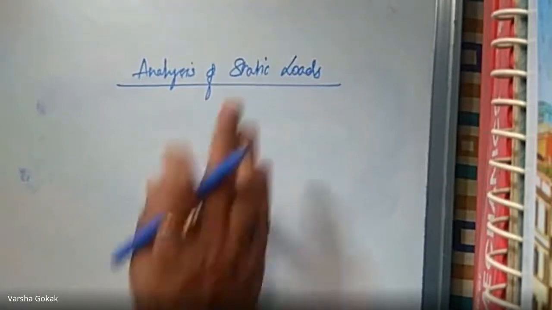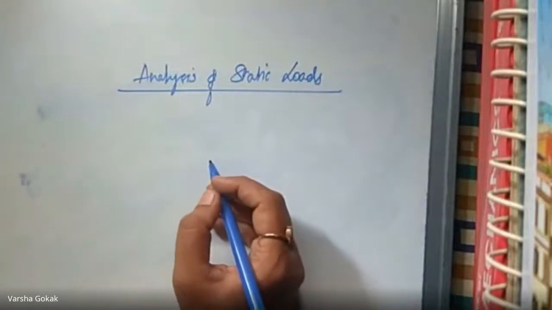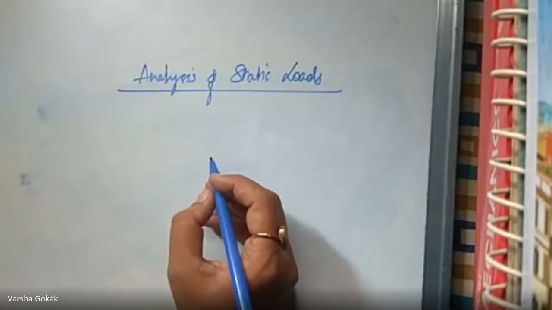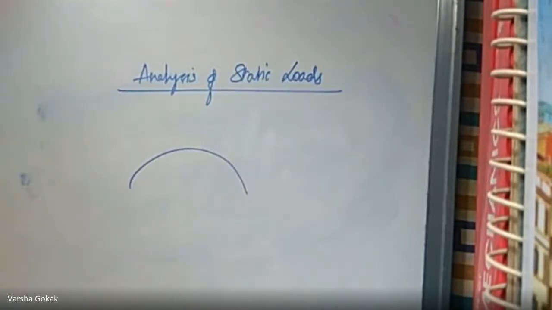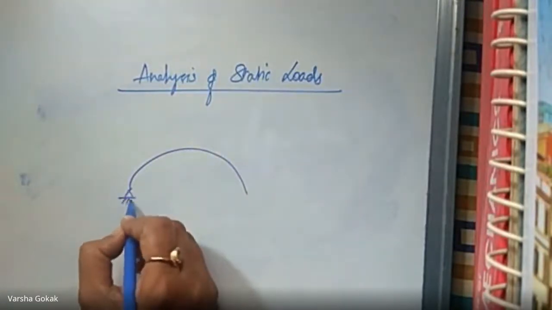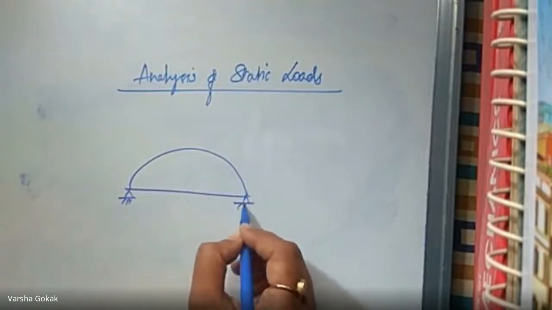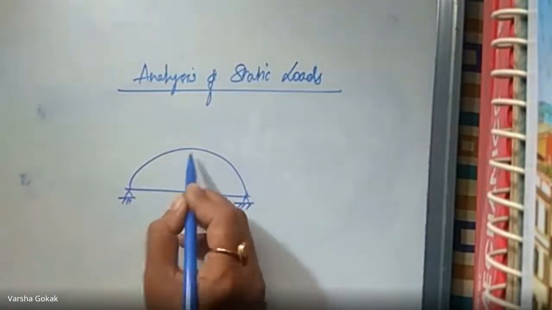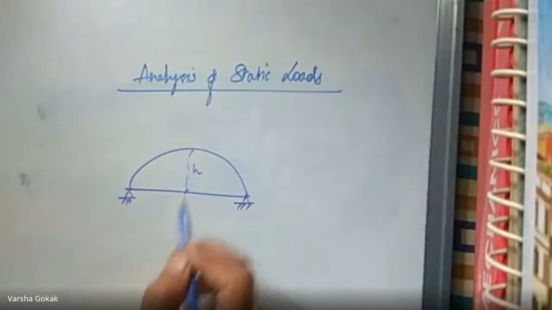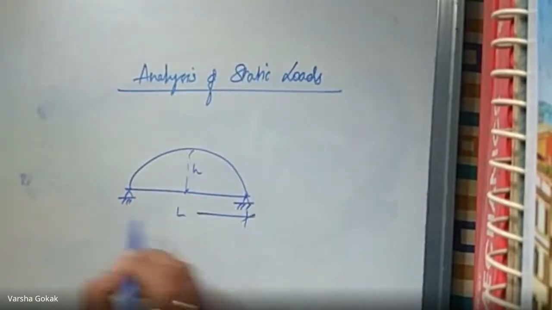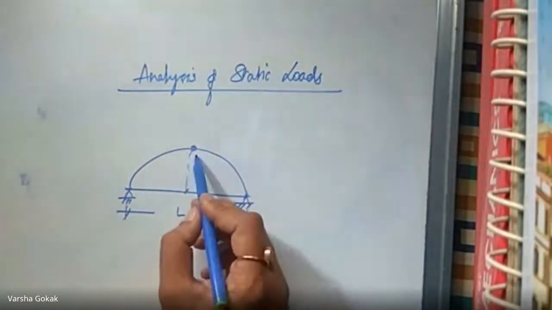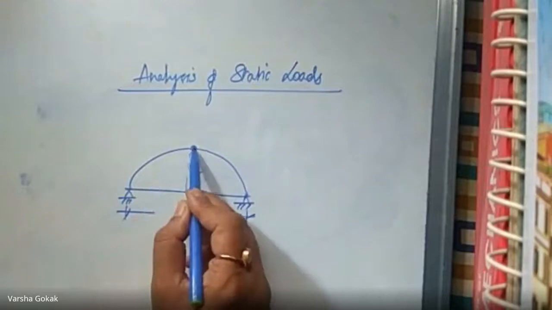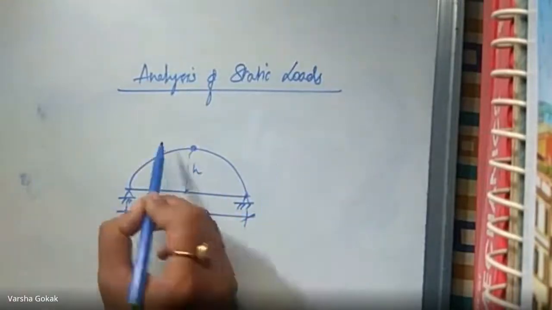Okay. So coming next to analysis of static loads. When you solve numericals, they will be giving you the type of loading that is coming. So say this is a 3 hinge arch given to you, and he'll give you the rise h, and the overall span L of the arch. He'll mention whether this is a hinge or not. If it is a 3 hinged arch, this is also going to be a hinge, and then he will give you the